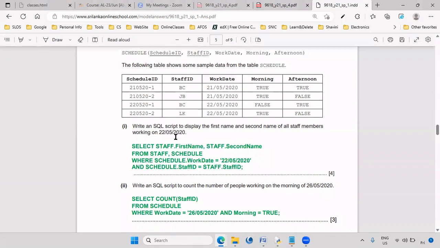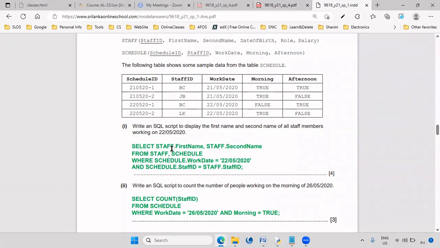schedule.workdate. That is because this one, on this date, schedule.workdate equals this, only on this date. And also schedule.staff ID equals staff.staff ID. That is because when you access this one,